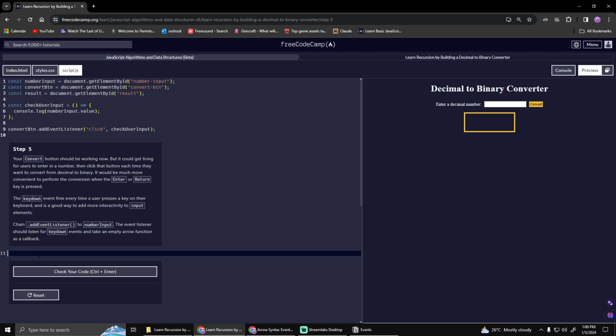input elements. So I guess an example of this is if we are playing a game and we set the key down key, there's a movement for the player to jump, and then we use a key down event as space, and if the player presses space it will jump, I guess. I may be wrong. Anyways, so it says here to change the add event listener to number input, so we